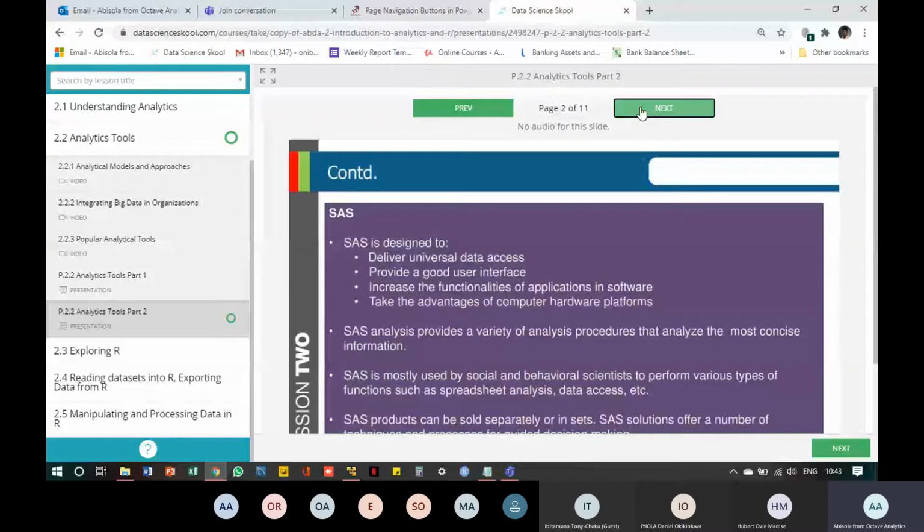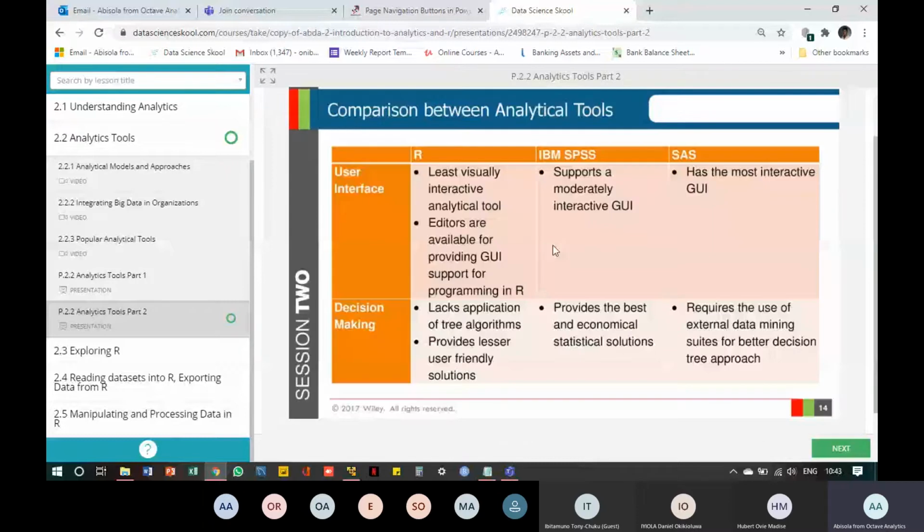All right, let's quickly look at the comparison between different analytical tools. So we have R, IBM SPSS, and SAS. Let's see, user interface. For R, it is the least visually interactive analytical tool, meaning that it doesn't look so good, but it is still a good tool to use. It doesn't have a beautiful GUI.